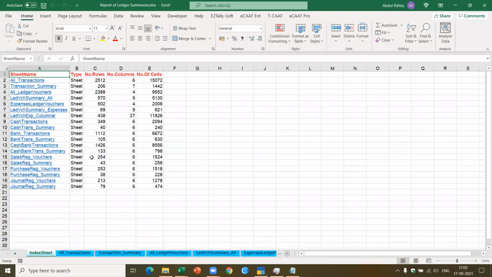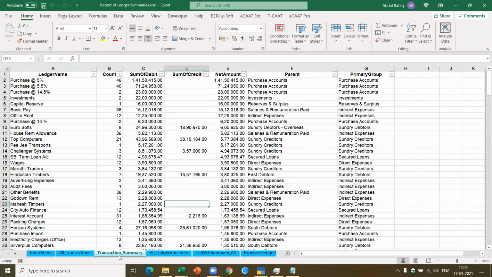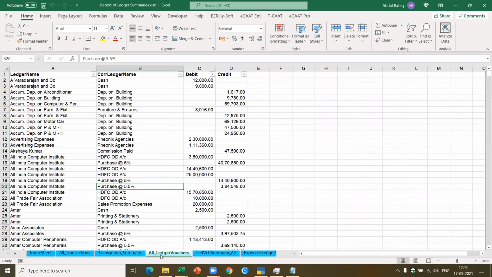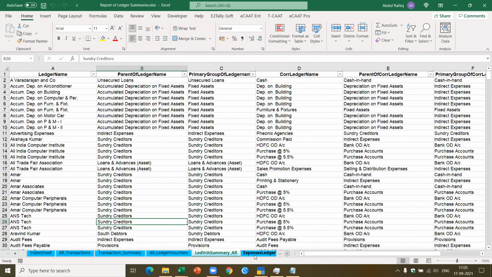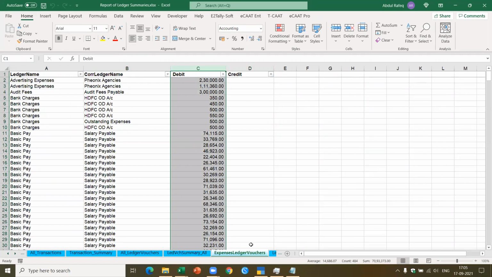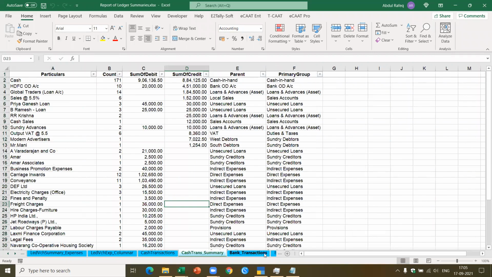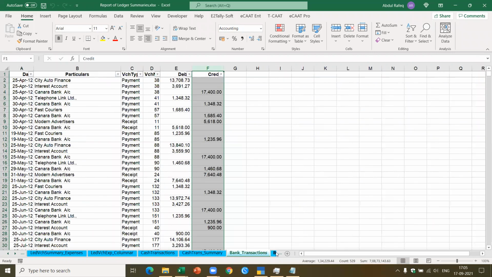This takes a little time because it has to extract all the transactions. Say this is all the transactions, and it prepares a summary. So for your audit, you got a gold mine of information which you can use for analysis. Extract this information and then spend more time doing the analysis and real audit rather than trying to hunt for the information. You got all the expense ledgers, which means all the transactions pertaining to expenses. Now, if you see here, these are all 70 lakh rupees spent. You can get an idea about all the transactions past, and you get the summary here. These are all the cash transactions, bank transactions, all the transactions which happened.